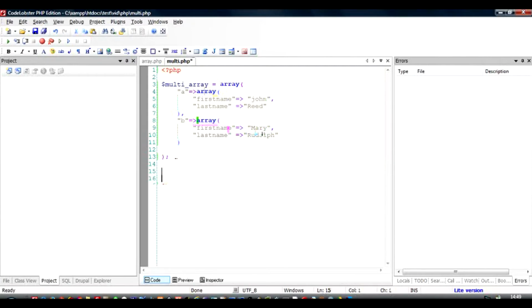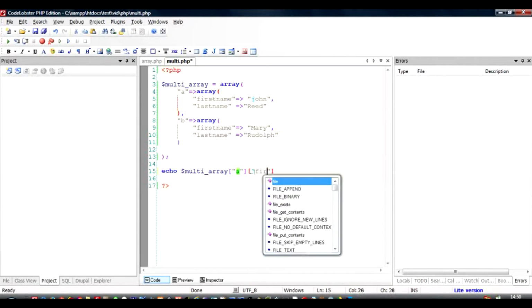If you want to access, for example, the A and the first name, if you want to reach the value John, how do you go about it is very simple. You can go and echo the first key, which is A. Just type in A between two quotes, between two square brackets, and then open another square bracket because you're traveling from A down to first name, and type in first name.